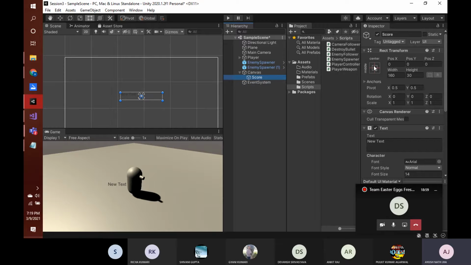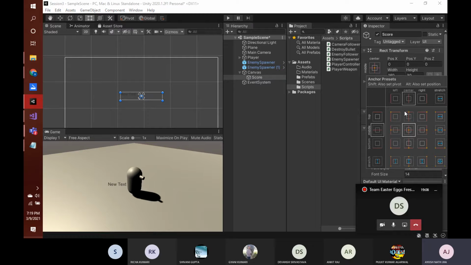Now if we have to change its alignment, we'll click on this icon here where it is written center and middle, and then here we have multiple anchor options present. Now we need to press alt plus shift together. Alt and shift, you need to hold alt and shift. Now you can see that there are small dots here. If I remove it, then you can see there is no dot here. And when I press this, you can see that these boxes shift to different alignments, and you have these anchor marking points, just like this blue one. You have these small blue ones, anchor marking points, shifted to these locations.